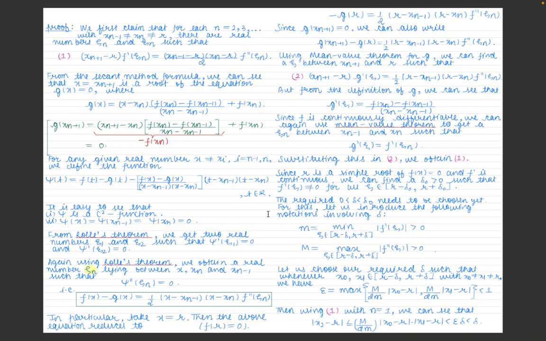Now, since g of xn plus 1 is 0, we have verified this above, so we can write the above equation as, we can also write,